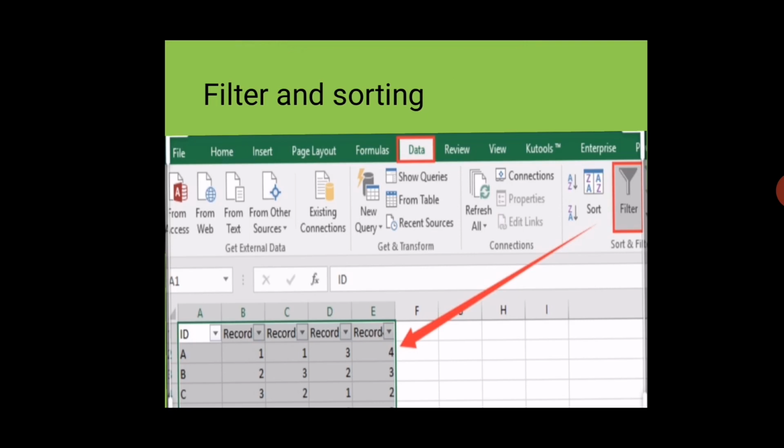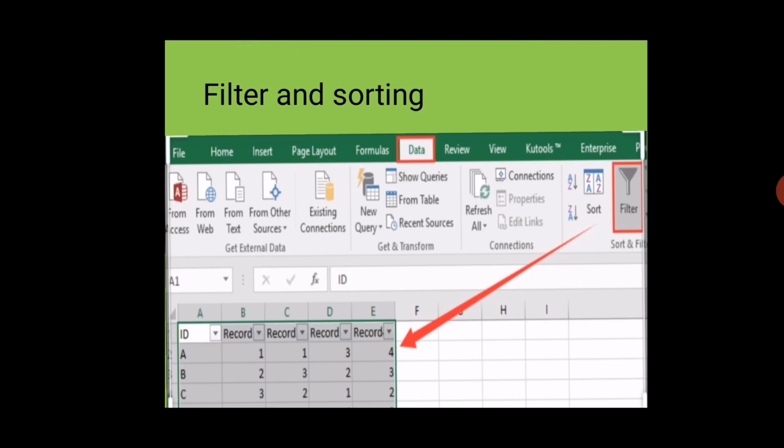First of all, in the Excel sheet you go to the Data tab, then go to the Sort and Filter group. Then you can easily apply the filter option in your sheet. With a filter option, the uppermost row of the data will contain row marks. You can see here when we are using the filter, then in the uppermost first line, you can see that record and record have arrow marks now. When you click on here, then some options will appear. Then you can select these options and apply the filter. Clicking on the arrow marks, we will find that data arrow showing up.